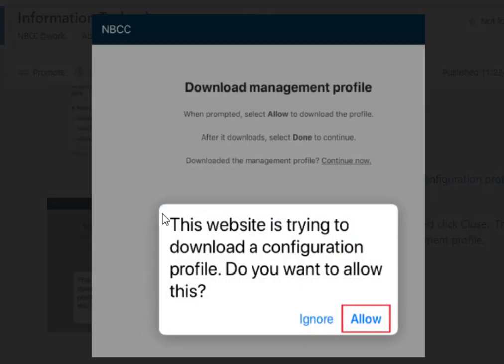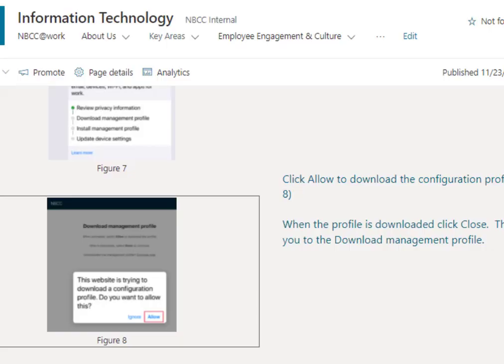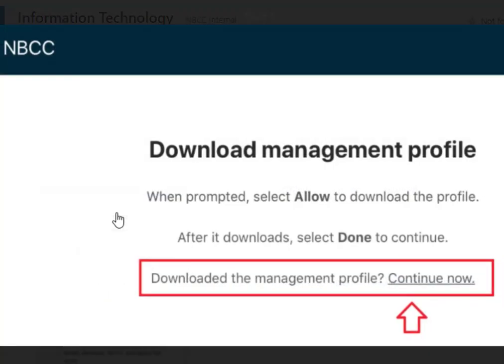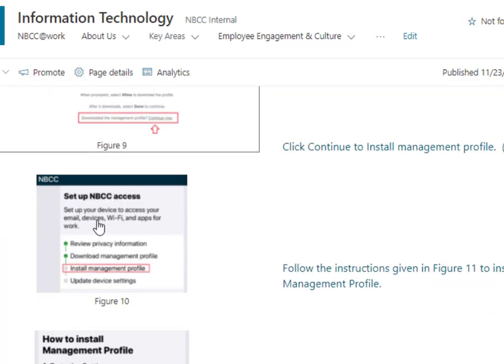And when you do that, you're going to get a pop-up that says this website is trying to download a configuration profile. Do you want to allow? And you'll just click the Allow button. And then it'll say downloaded the management profile, and you'll say Continue Now. Now after you press the Continue Now button,